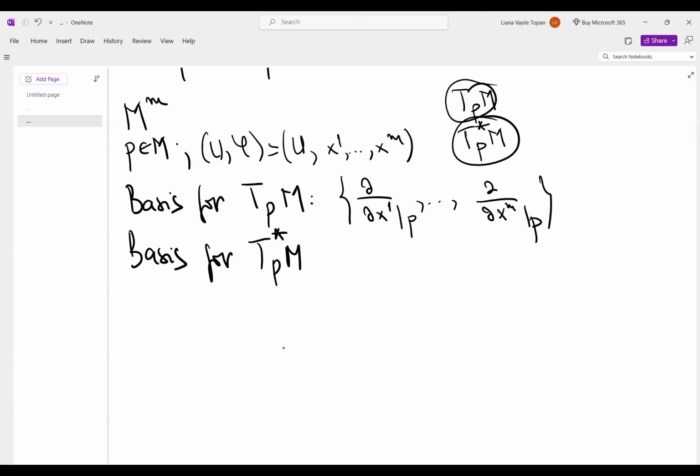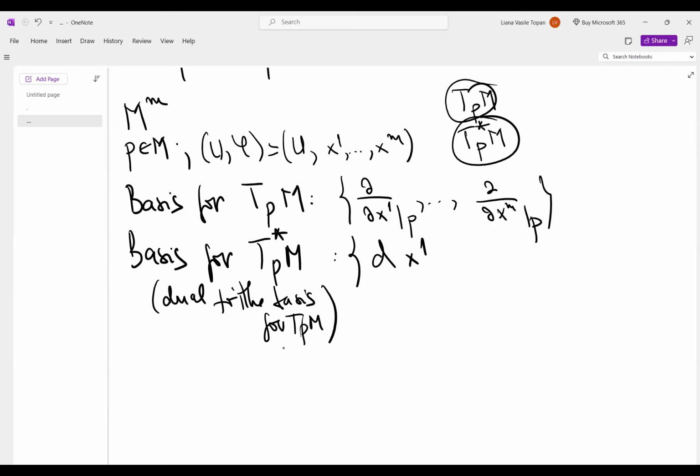So we have its dual basis, right? So we are going to denote it. It's dual to B, to the basis for TPM. So we are going to denote this by something like this. These are the differentials of the coordinate functions, right? So dx1 at P up to the differential of xm at P. Okay, so dual simply means, you know, probably from linear algebra, something like this, that the differential of